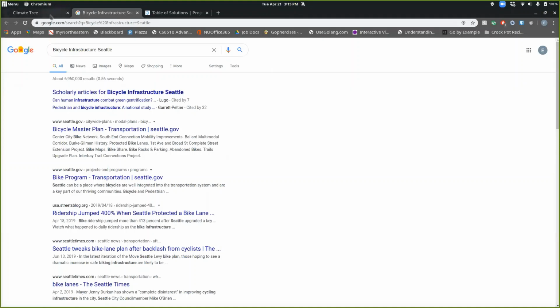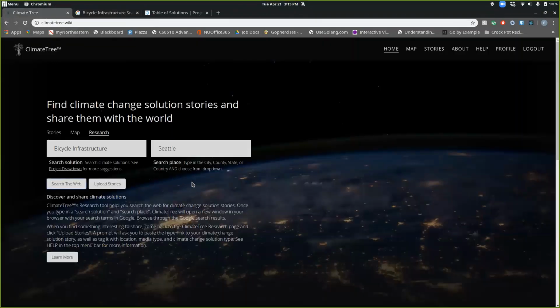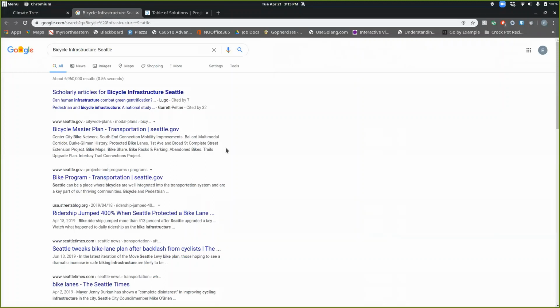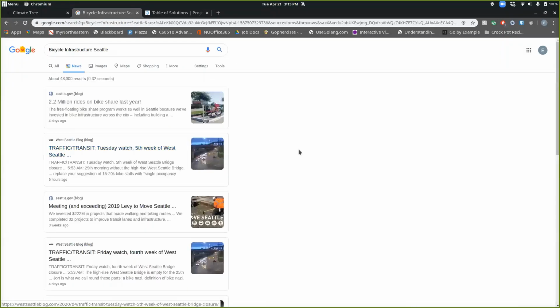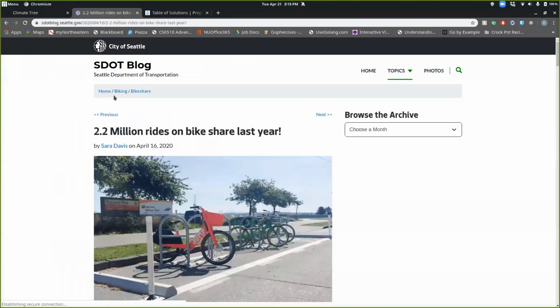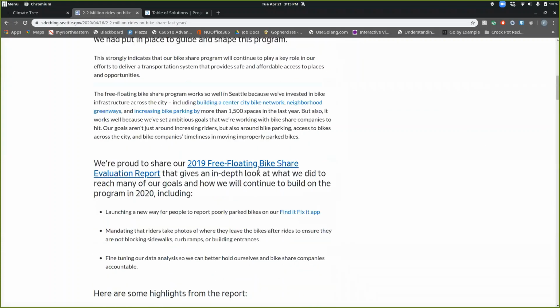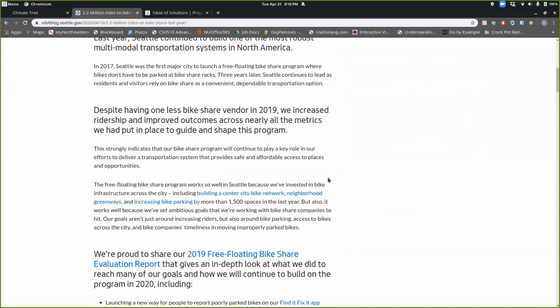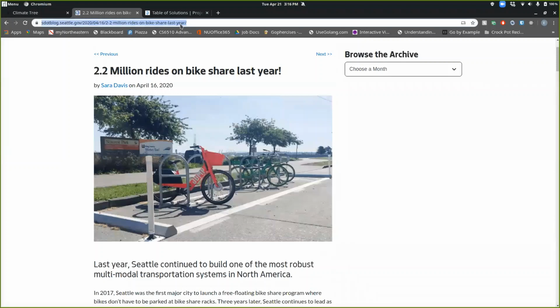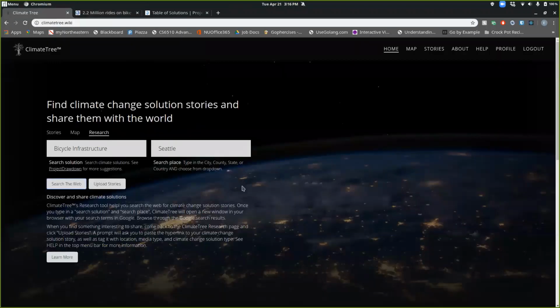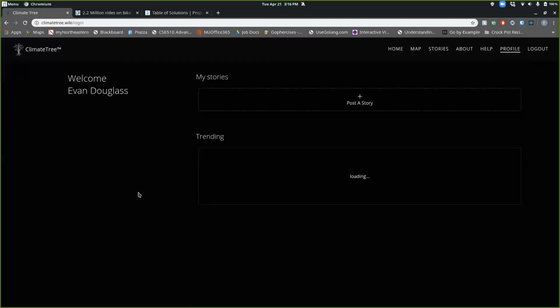Now, of course, you don't necessarily need this to search Google, but you can think of it kind of like a framework to help you learn how best to search for it in a sense. So, eventually you could just come over to Google and find things, but we wanted to help users out in case they weren't sure. And I want to go to news, and let's say I click on this site here. So in Seattle, there were a lot of bike share rides last year. It's a .gov site, so it seems pretty reasonable, interesting story. So if I want, I can go ahead and copy that URL, and I can upload it to ClimateTree.